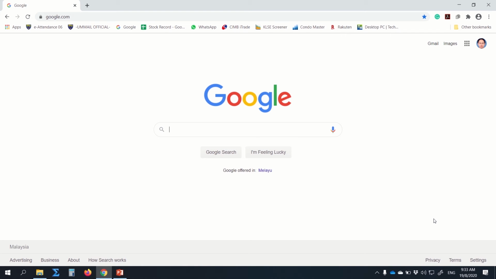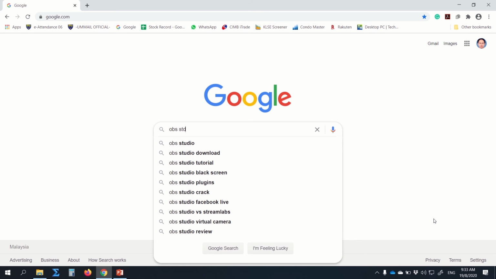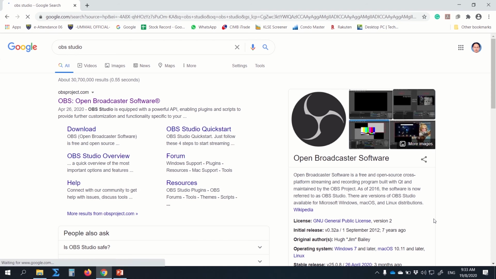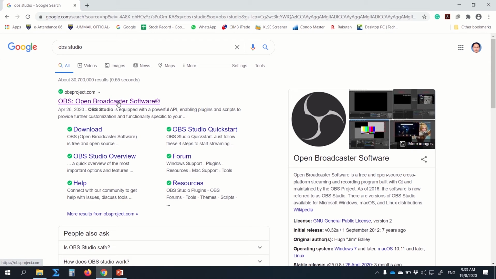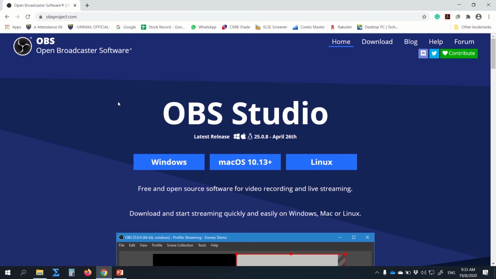So OBS Studio is a free software, so I will show you how to download the OBS software. You can go to Google, you just need to search OBS Studio. Then you will see OBS Open Broadcaster Software. So you can click into the website,